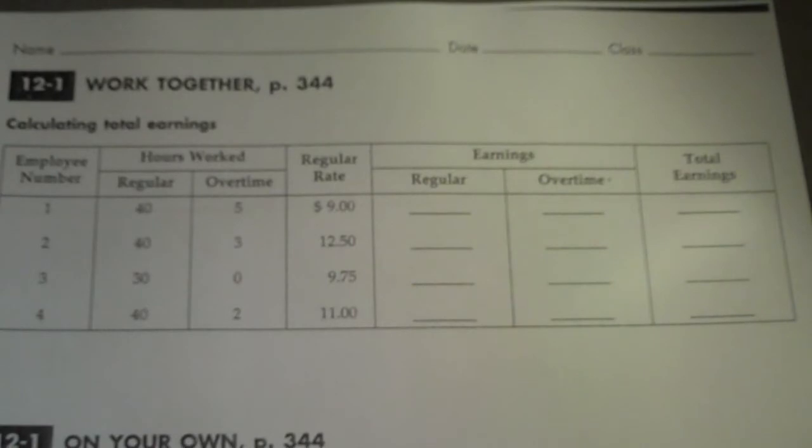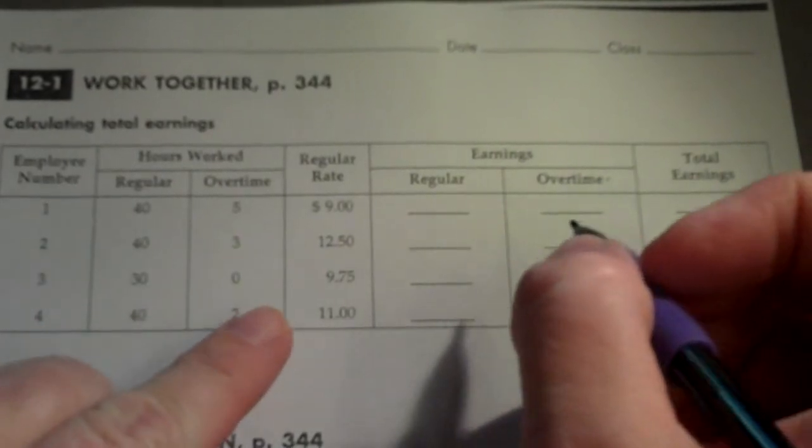Calculate the total earnings. So, Work Together 12-1, instruction. It says, for each employee, calculate the amount of regular, overtime, and total earnings. Overtime hours are paid at 1.5 times regular rate. So they give us a chart here,